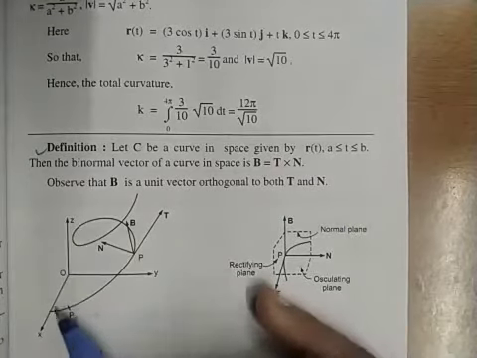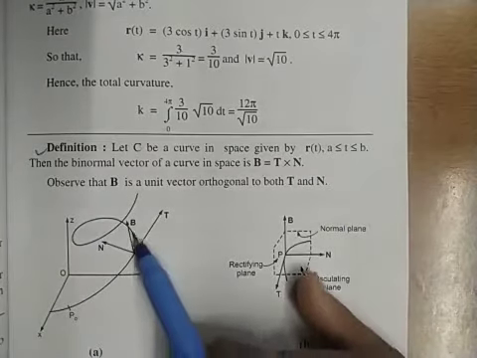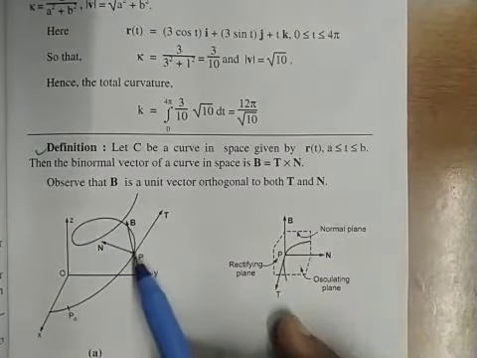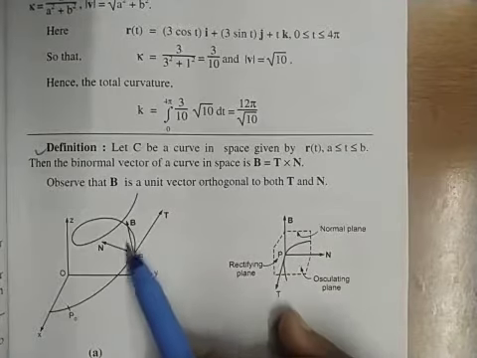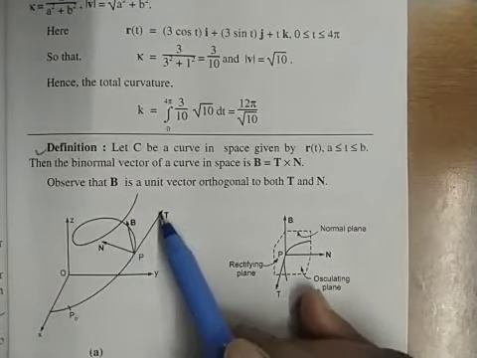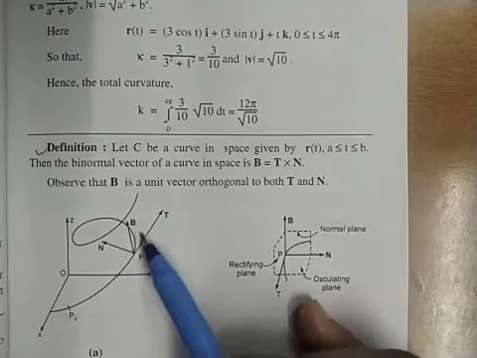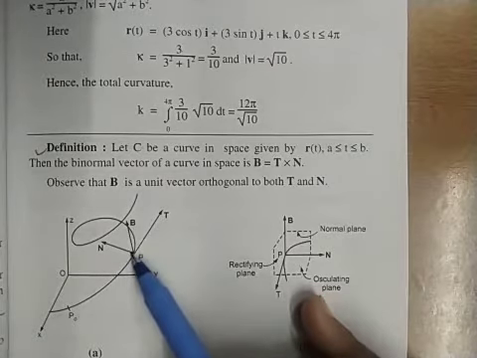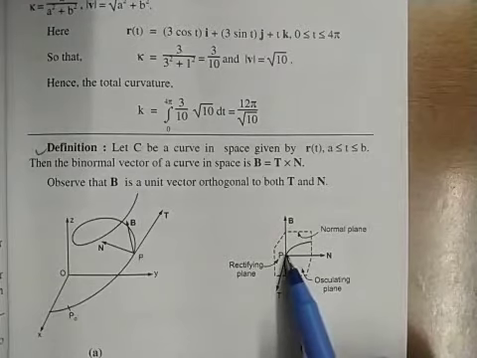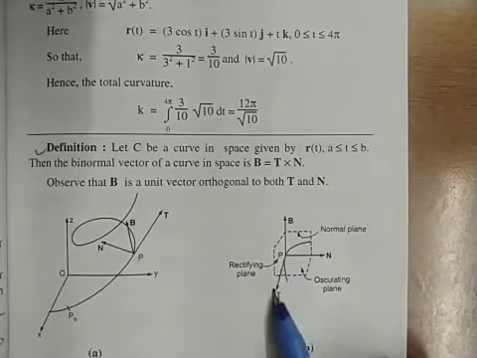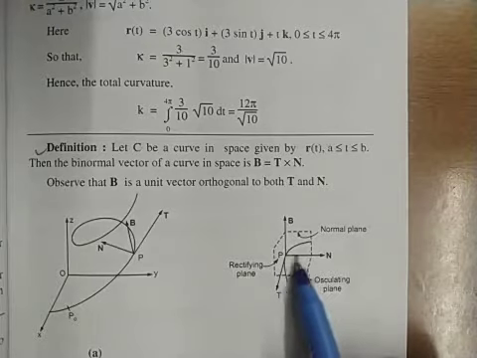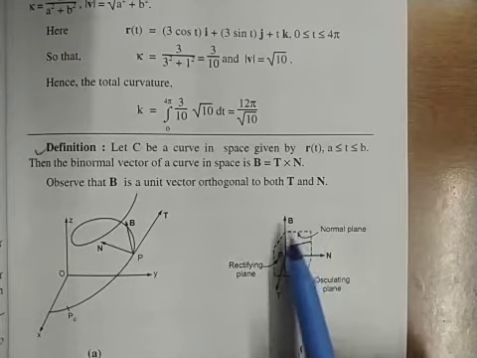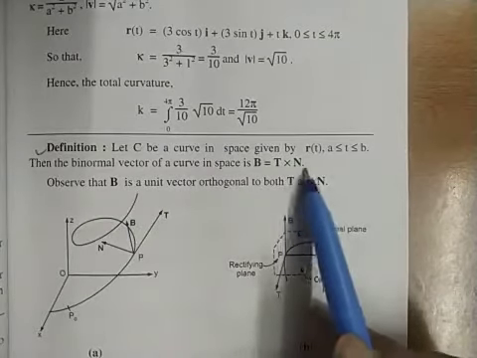Now you can see here, this is our curve. Look at the tip of the pin. This is a curve. At this point, this is capital N, and capital T is the unit tangent vector. N is the principal normal, and perpendicular to N and T there is B. It means these three vectors are arranged like this: the unit tangent vector, the principal normal, and perpendicular to both, capital B. This capital B is called the binormal vector, and it is the cross product of T and N.